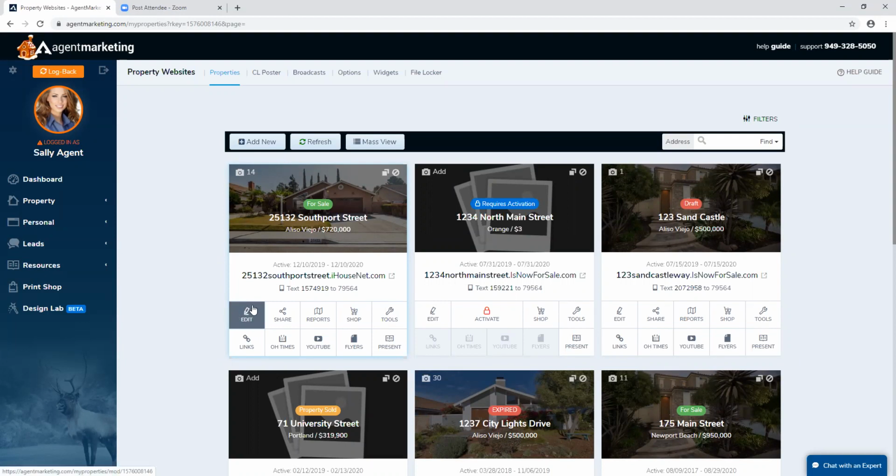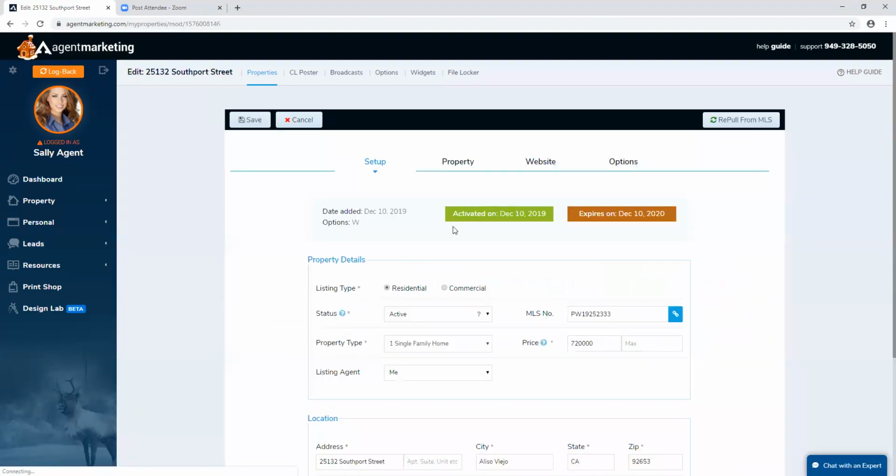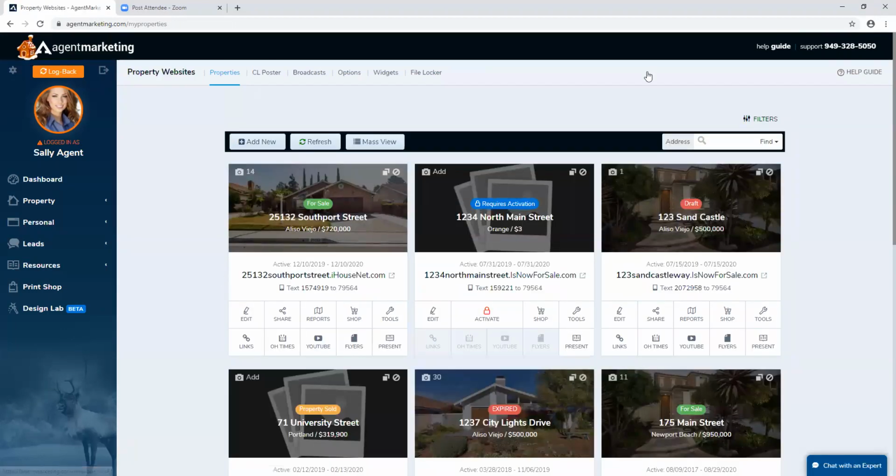Remember, to put the seller email in, you're going to go to edit and then go to options, and you're going to see the spot for homeowner email. So that will be what you do first. Then if you want to check out the seller accountability report, it's basically like a log of things you've done to market their listing from our system. It also allows you to add additional things in there if you did something additional that's not from our system